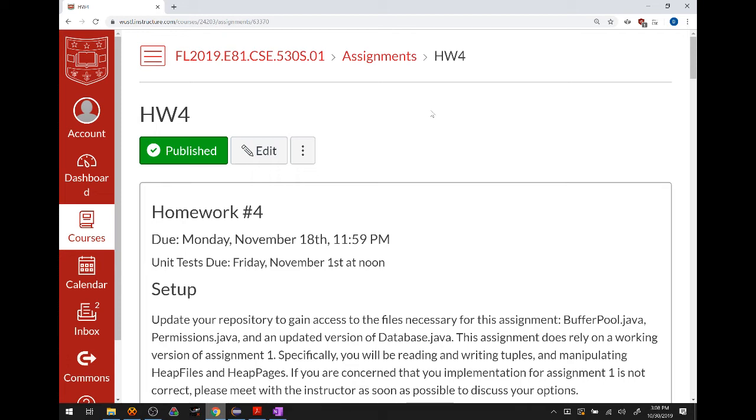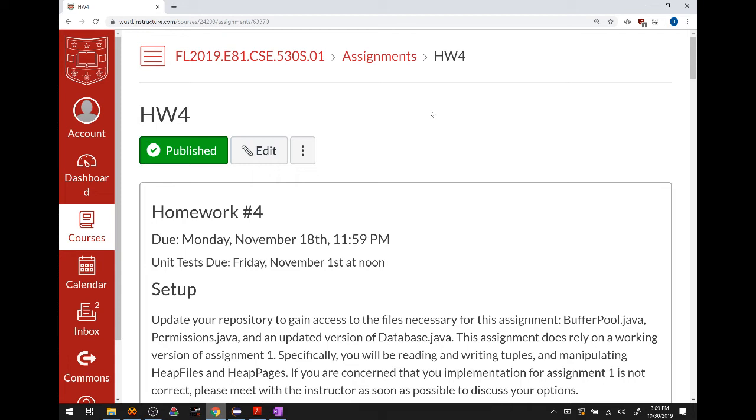So for homework 4, I'm asking you to implement locking, but one thing that we need to help us with this situation is something that we haven't discussed before now. We're going to talk about it today, though. We need a concept of a buffer pool. Earlier in the semester, we spent a lot of time talking about the organization of data in heap files and heap pages, right? A buffer pool you can think of as just a cache for heap pages. It's a place for me to keep the pages in memory that I am currently working with.